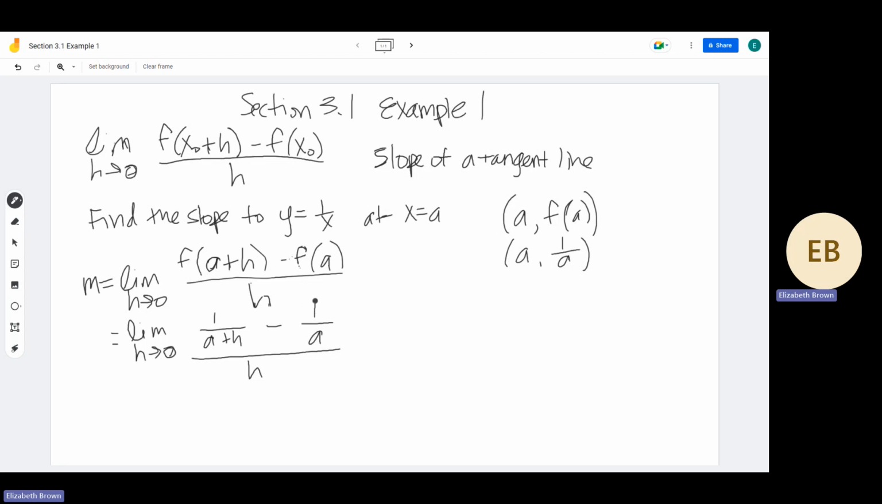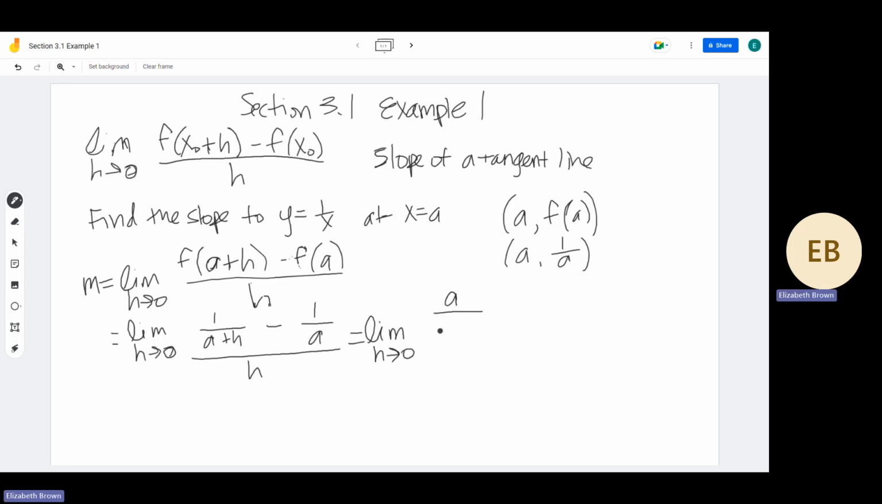So step 1, we're going to combine 1 over a plus h and 1 over a into one fraction. So what's the common denominator? It would be a plus h times a, because they technically don't have anything in common. So we need to multiply the first fraction by a over a, and the second fraction by a plus h over a plus h to create a common denominator. So that would leave us with